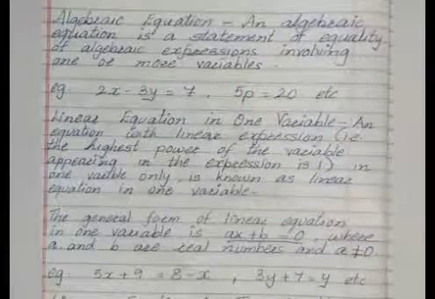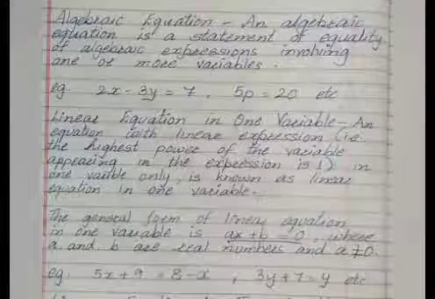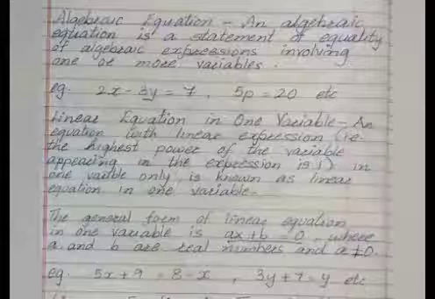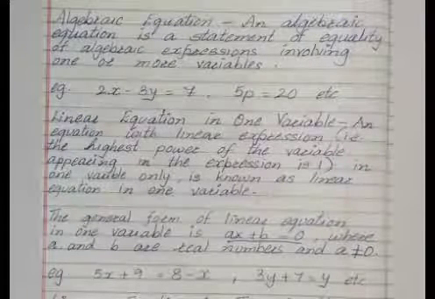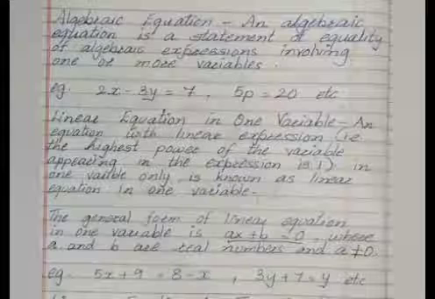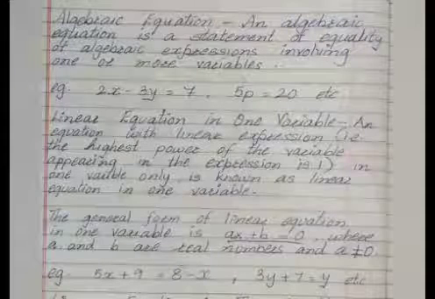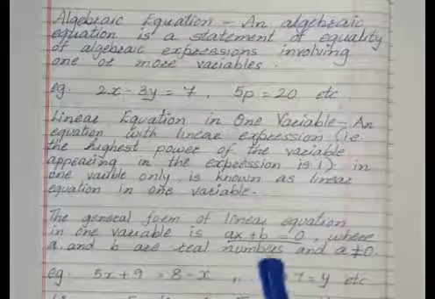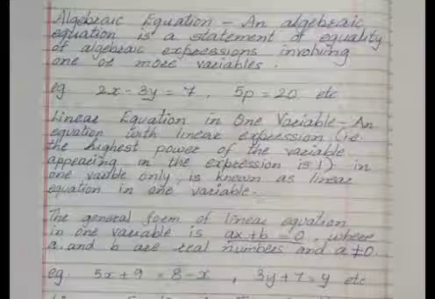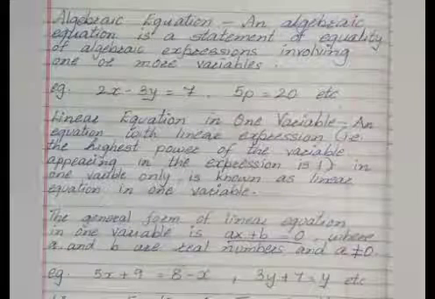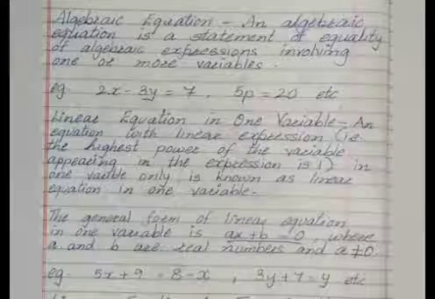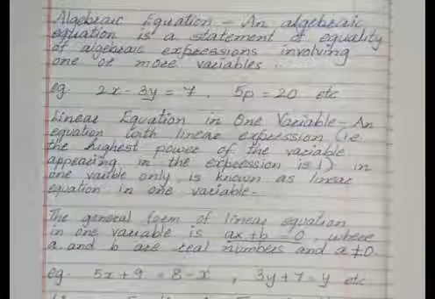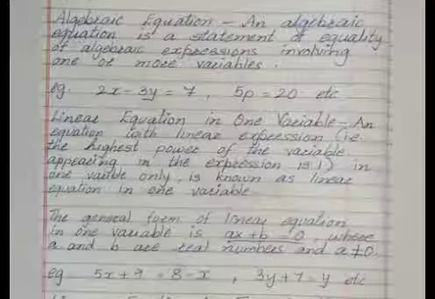Now, these are algebraic equations. Different algebraic equations are there, and from that, the very first is the linear equation. So first let's see what a linear equation is. Linear equations are further divided into 1 variable, 2 variables, 3 variables. We already learnt linear equation in 1 variable in the previous grade.